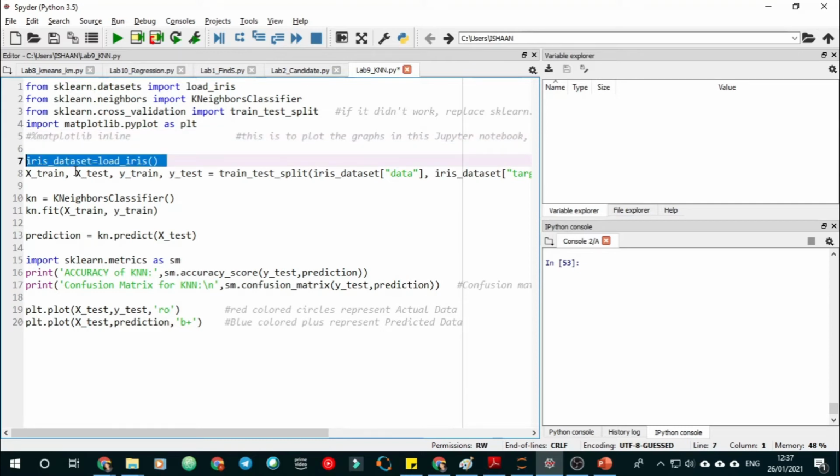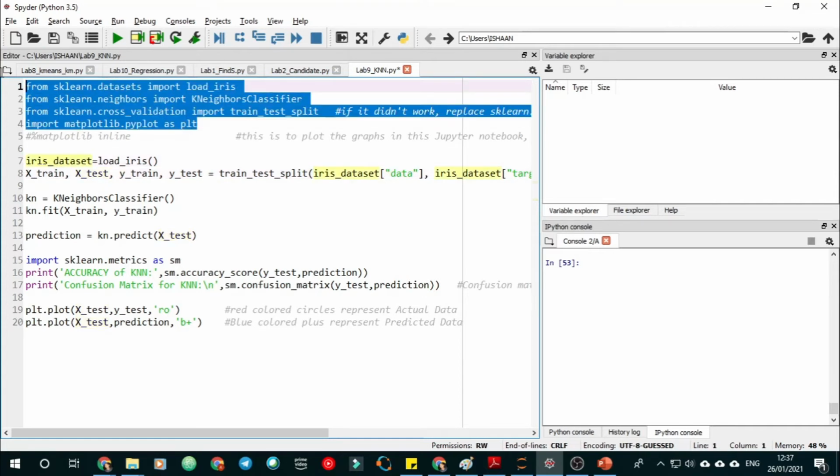Then I have already loaded the iris dataset in my computer and imported also. I need to just execute the constructor of this class, load iris. What is the constructor of load iris? Load iris itself, but with a parenthesis. Okay, and that will be loaded into iris dataset. Iris dataset has now what it has now. One second, I'll just execute this